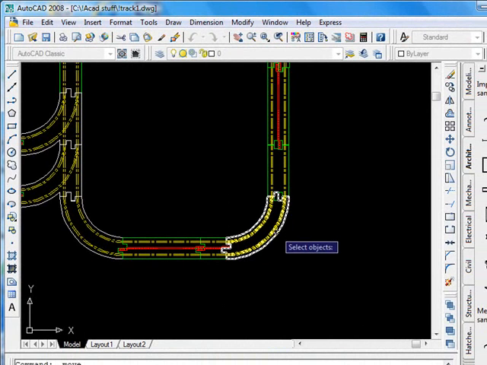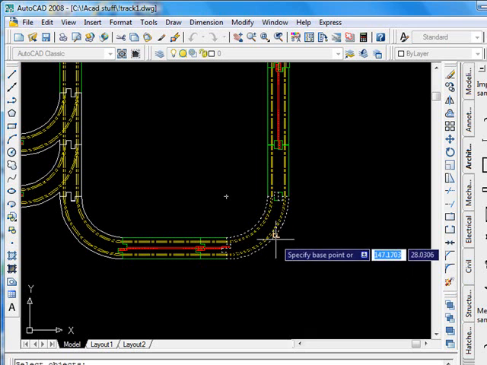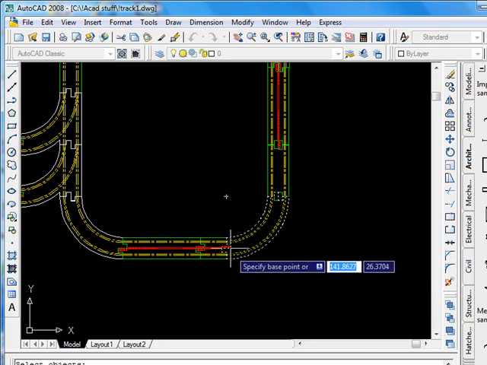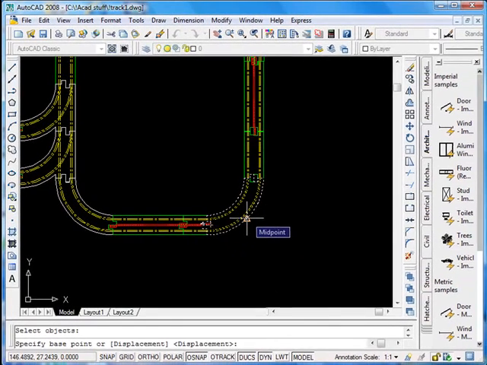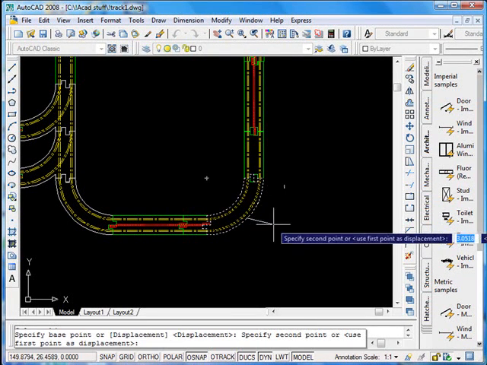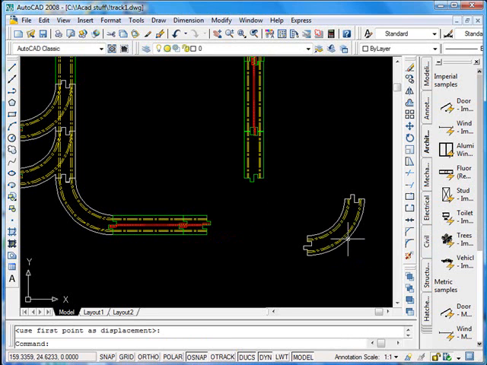So we click, and I'm going to select this object, and I'm going to click my third mouse button, or you can hit enter, and it's asking to select a base point. So we can select the midpoint, or we can select an end point. So I'm just going to select here on the midpoint, and we're going to move it out to here, and I'll click, or you can hit enter,